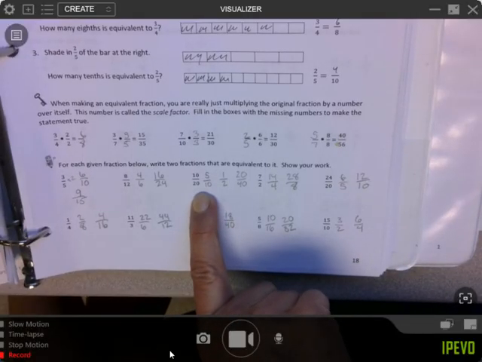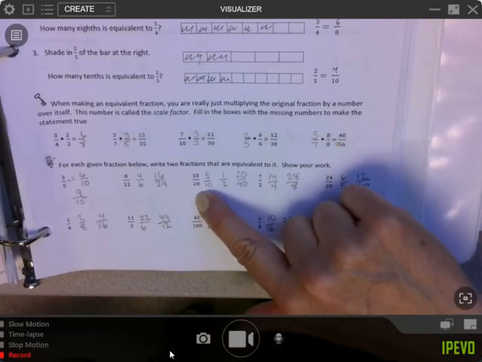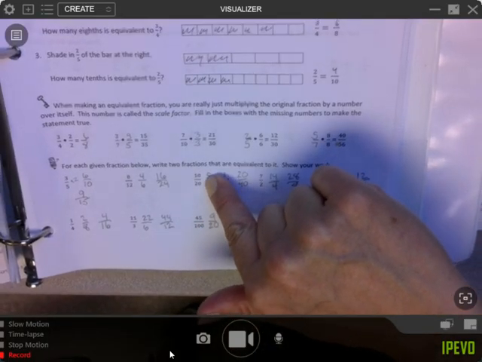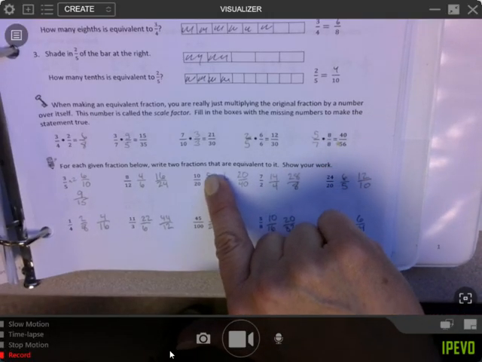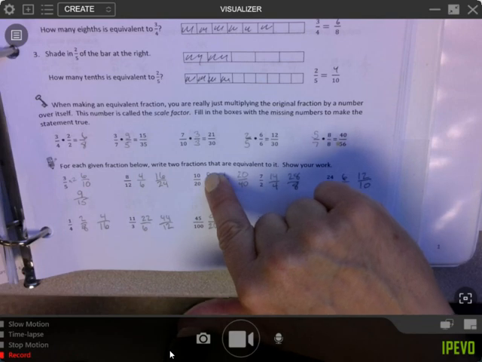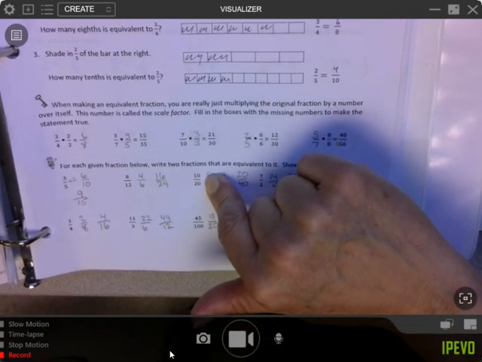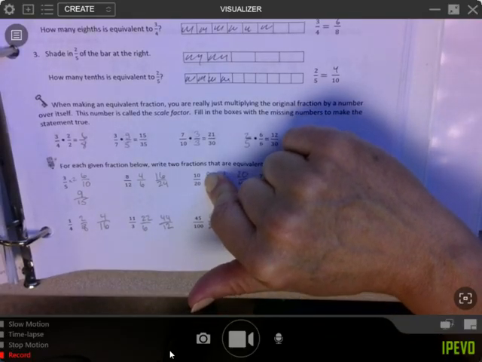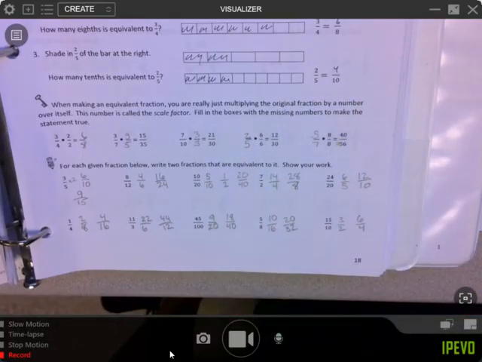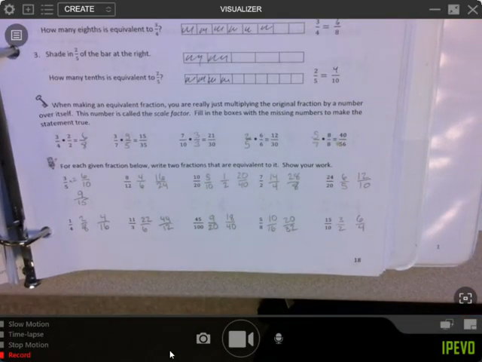Would it be 100/20? Because our original fraction is 10/20. So whatever we do to the top, we have to do to the bottom. So if we multiplied by 10 on top to go from 10 to 100, we have to multiply the 20 by 10. So it would be 100 over what? It would be 100/200. Does that make sense? Because we would have had 10/20